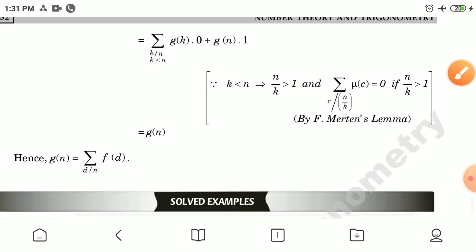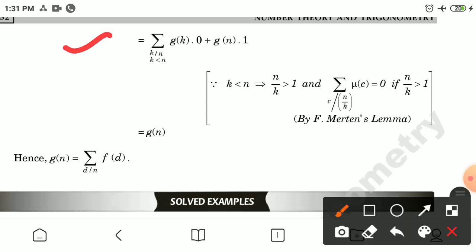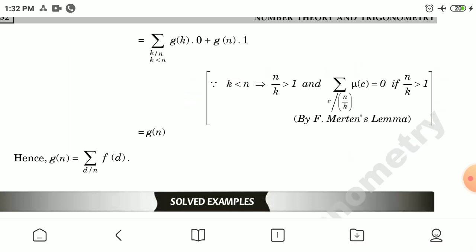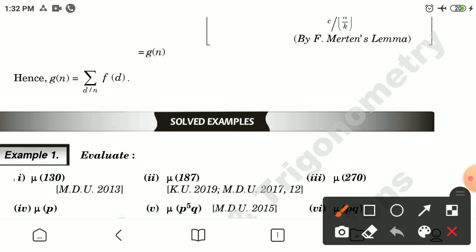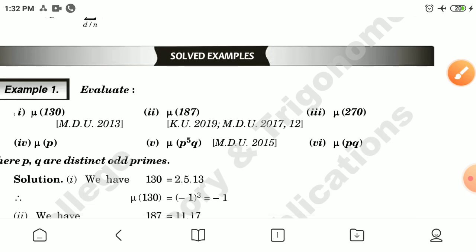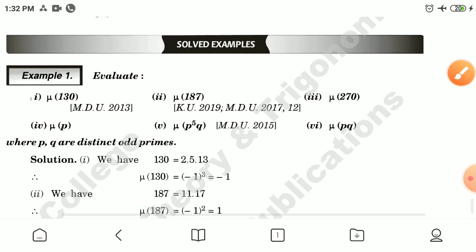And now this becomes equal to the summation over k dividing n, k less than n, of g(k) into 0, plus g(n) into 1. And using this concept here by Fermat's lemma, therefore this becomes equal to g(n). Hence g(n) is equal to the summation of f(d), d divides n. Now taking some examples,